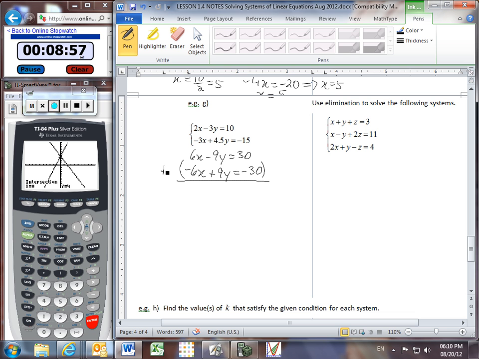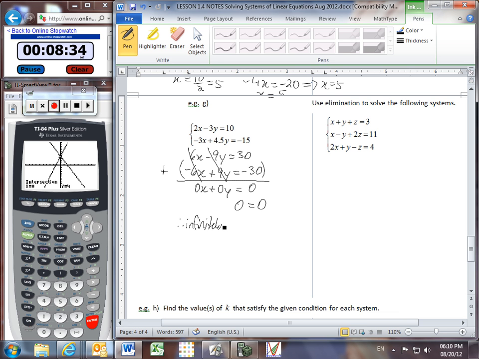The 6x plus negative 6x, they cancel. Oh, but look, the negative 9y plus the positive 9y, those also cancel. So I've got 0 x's and 0 y's. And on the right, 30 plus negative 30, they cancel. What am I left with? 0 equals 0. This is true for all values x and y, so I have infinitely many solutions,